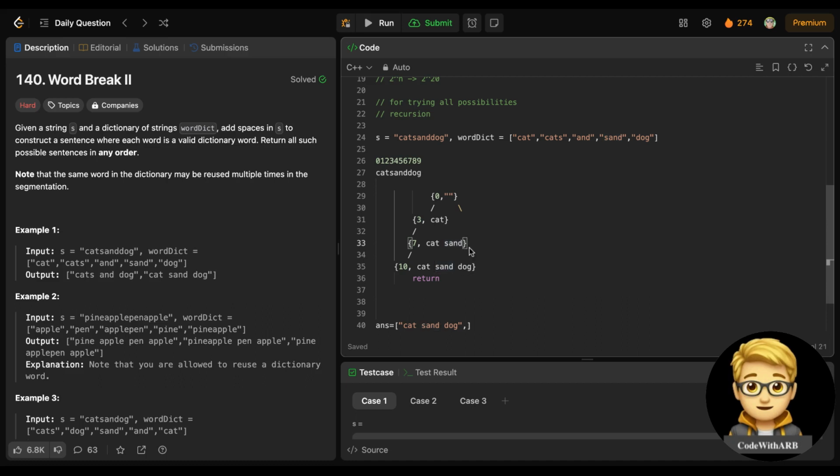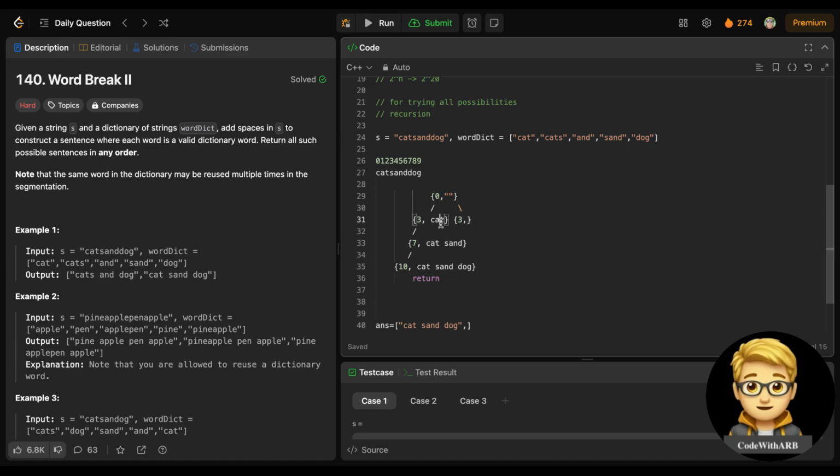Suppose you need to check each and every possibility, after the D separation, after the O separation, after the G separation. So you just need to backtrack to try all the possibilities you can get, right? After the 7, you will again backtrack to cat. This sand needs to be removed. After this, you again backtrack, and it will become empty again. Now this 3 and this cat,